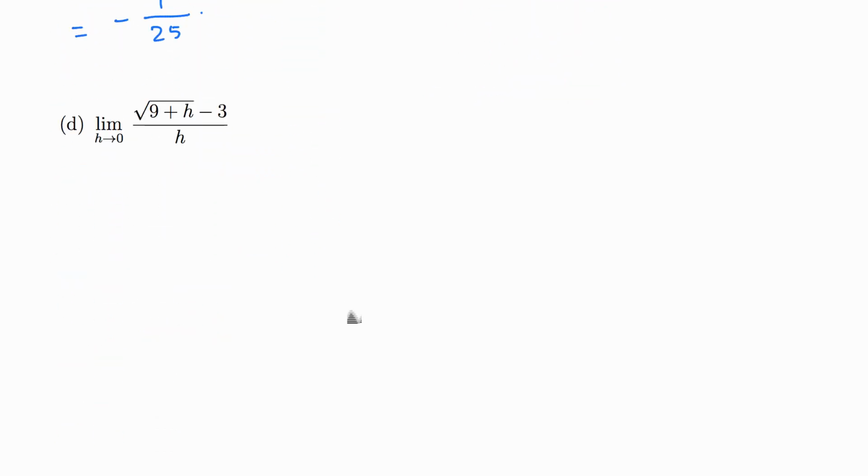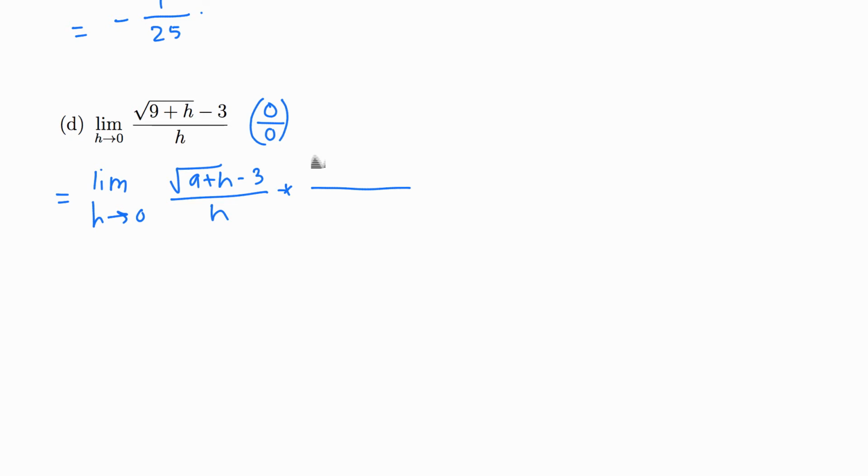And part D, if we plug in h equals 0, 9 plus 0, that's 9. The square root of 9 is 3, minus 3, so we get 0 on the top and 0 on the bottom. That means we need to simplify this fraction and get rid of h so that we can plug in h equals 0. So as we learned in class, whenever we have a square root, we need to multiply by its